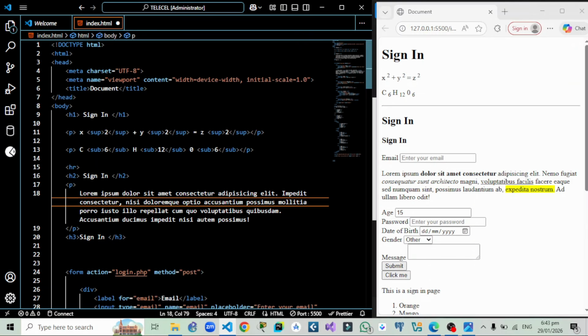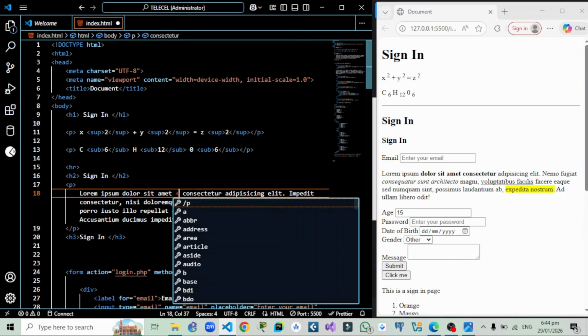So for example, if this was to be a poem, most of the times poems, when it gets to a certain point, the next part comes to a new line, just like that. If you don't want to be specifying different p tags for that particular poem, you can just get one p tag, write your full poem. If this part, from this part to your right, should come on a new line, all that you have to do is to insert a break tag here, br,